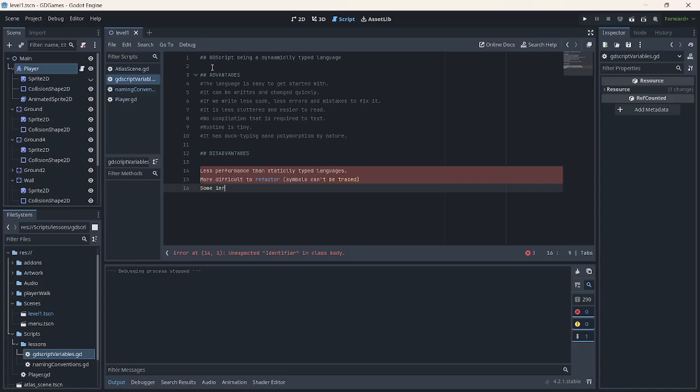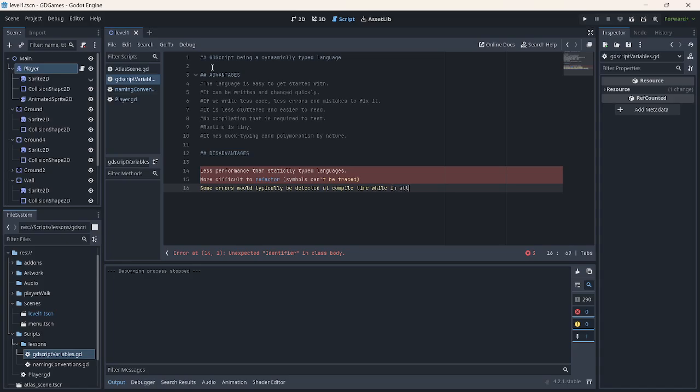Some errors will typically be detected at compile time, and we're currently seeing that right now.